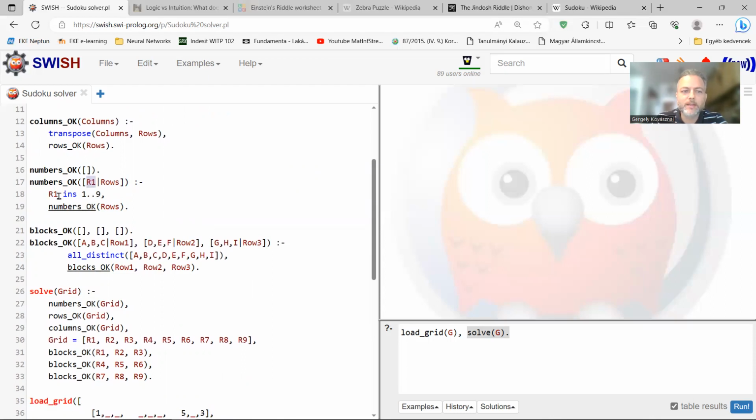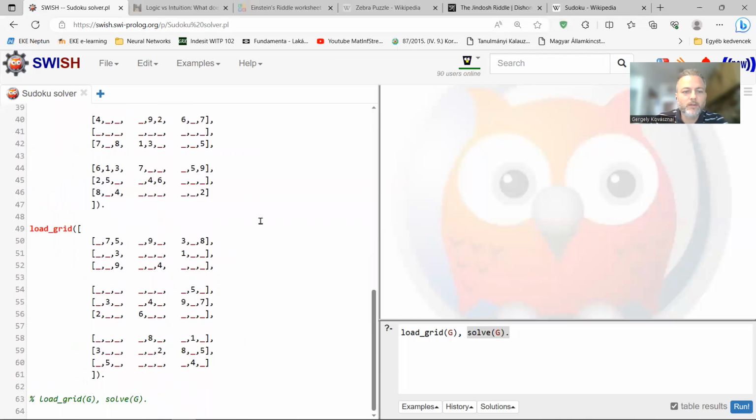Checking here means that all the numbers in the row must be between 1 and 9, and this is checked by using this built-in predicate, and then we call the predicate in a recursive way for the tail of the list until we hit the base case with this empty list.